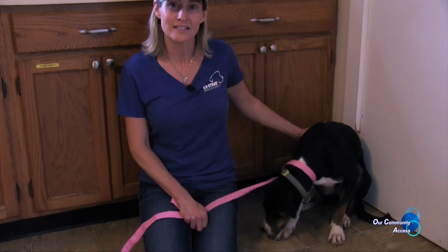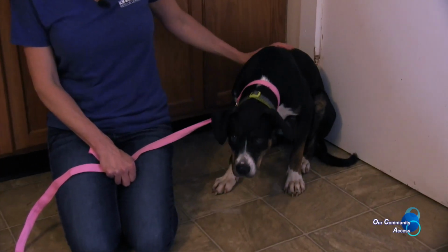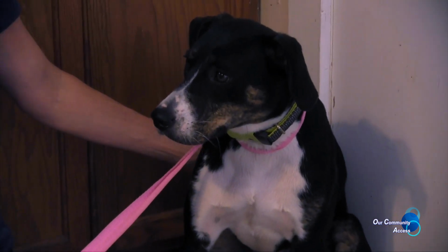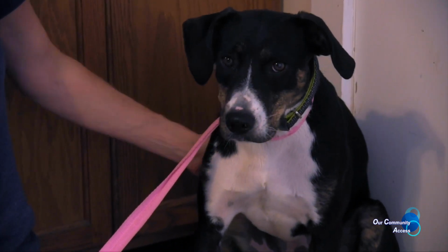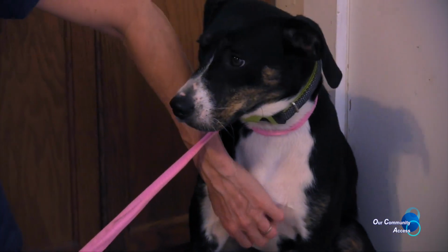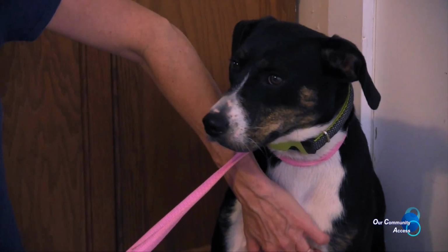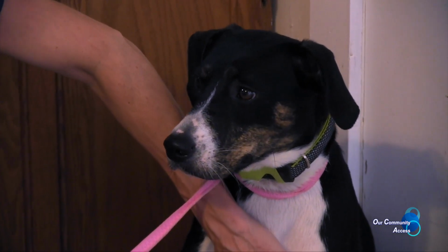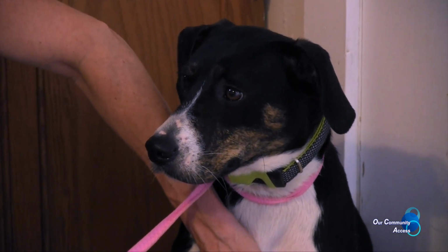This dog here is Tia. She has been with us for a little while. She came in with her sister and 2 brothers. She's pretty unsure about herself. She's a hound mix of some sort, and she would be best in a home with kids over 13 just because of her shy nature and